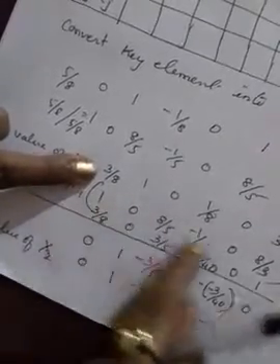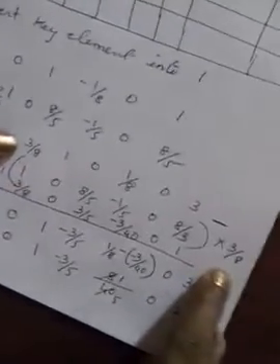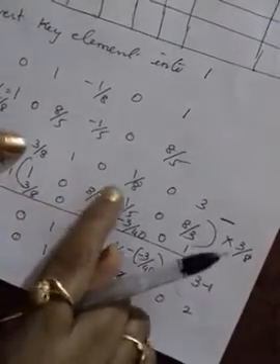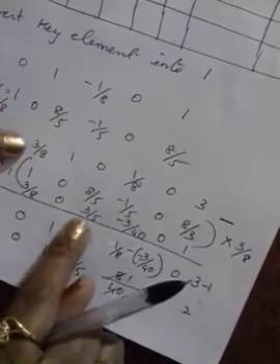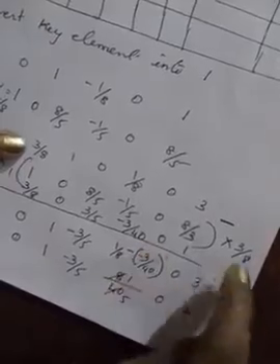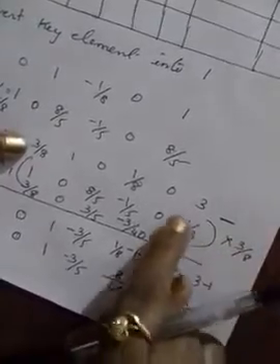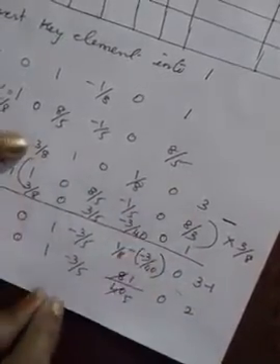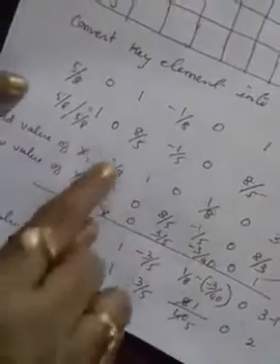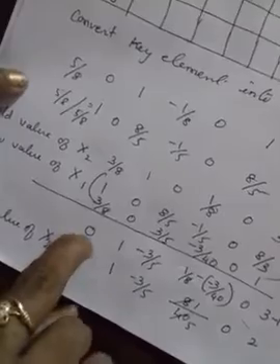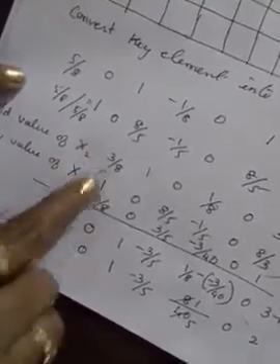So I am going to change this entire equation by multiplying with 3 by 8. If I multiply with 3 by 8, I will get here 3 by 8 and here 0, and multiplying with 3 by 8, the 8 gets cancelled, I will get 3 by 5, and similarly here 3 by 40, and here it is 0, and here the 3 and 8 get cancelled, I will get 1. Okay, this value and this value we have to subtract, to make that pivot column into 0.